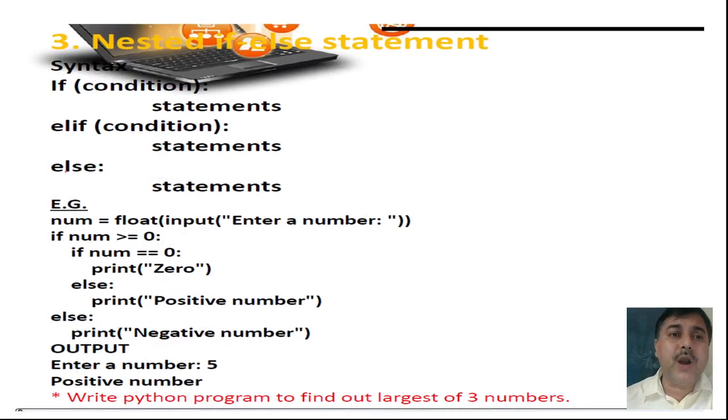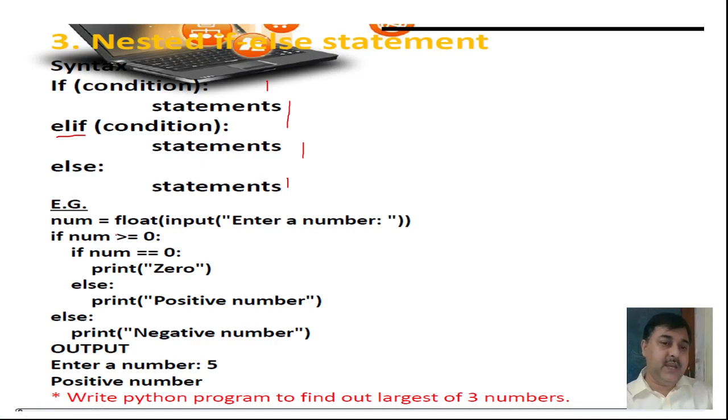So how will the nested loop be written, and what will be its syntax? See the syntax of it. First the if condition, and after the if condition there will be some statements. After the else condition there will be some statements. If else means that under the if, one more if is inserted, then the last else will come, and there will be some statements. So in this pattern we can find how things can be segregated and worked out. See here, one small program has been taken.